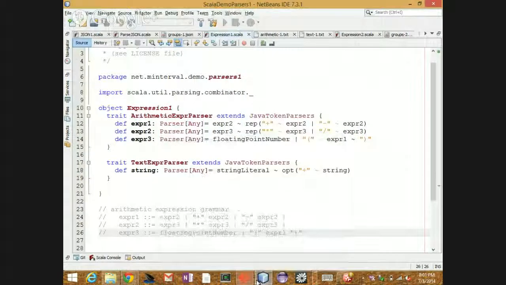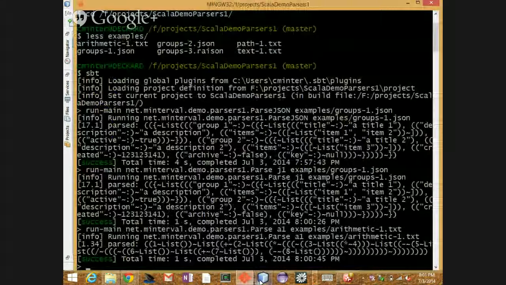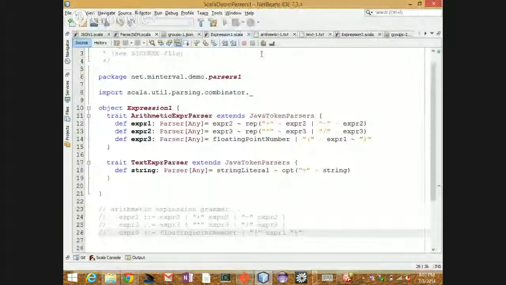I'll skip the text example, and I will show you one more. No, let's break. This will be a good break. When you come back, I'll show you how to do something useful. All we did was prove that we could recognize something. We haven't done anything with it. So we're going to turn it into something else.